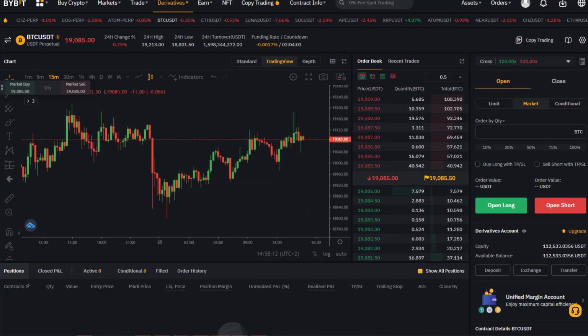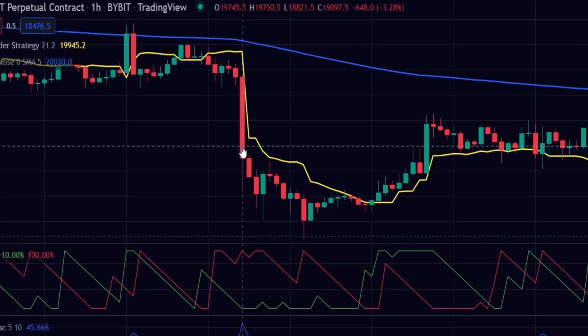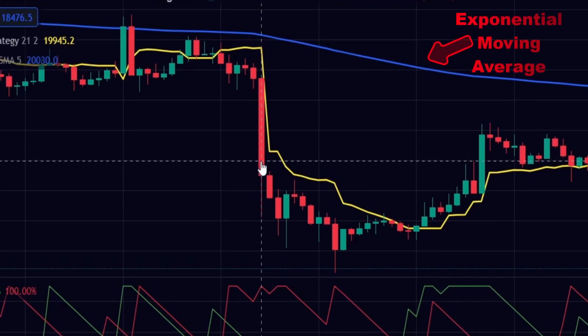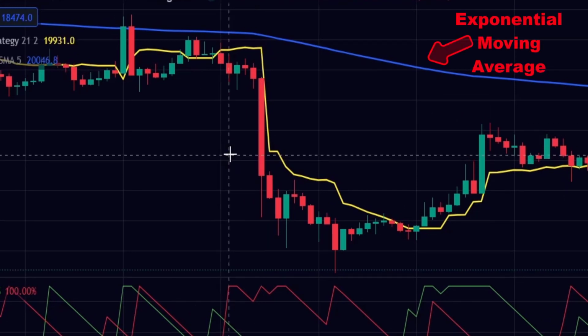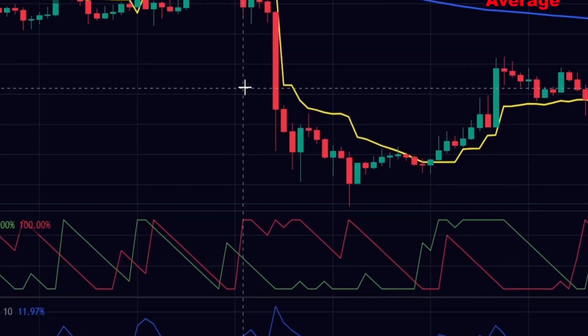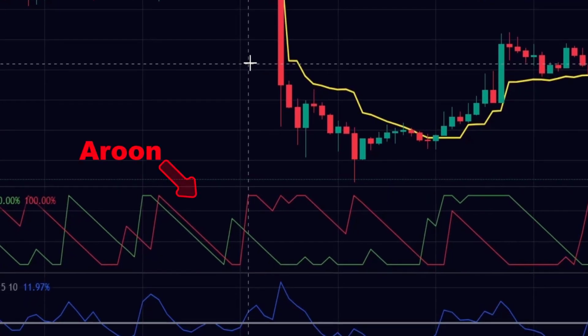Now, let's quickly go back to the video so I can explain to you the rules for opening a sell position. Number 1, we're only going to be looking to sell if the price is sitting below the exponential moving average, as it is here. Number 2, we need to have a bearish cross from the Aroon indicator, so the red line has to cross above the green line,